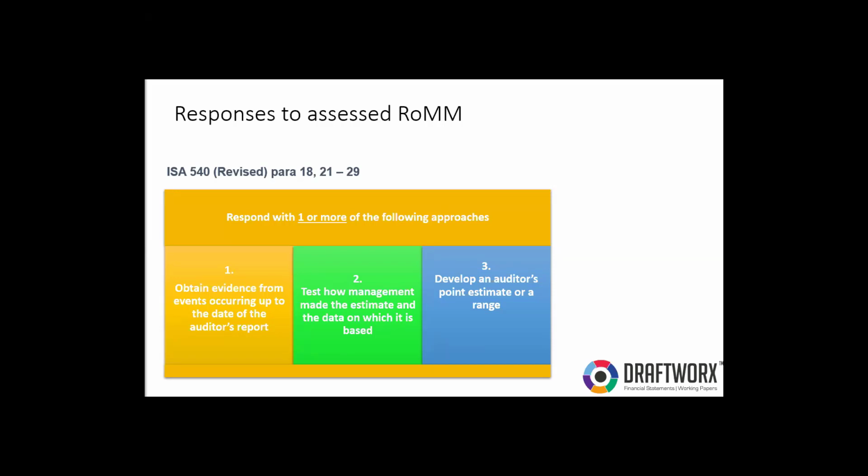It's just very important that you do not pick an approach biased towards obtaining audit evidence that may be corroborative or towards excluding evidence that may be contradictory. So you can't try to see which one will have the most favorable outcome for the client. That's not how you pick an approach. You pick an approach based on how the estimate is done and based on the circumstances, what would be the most appropriate way to test whether the accounting estimate is reasonable. All right.